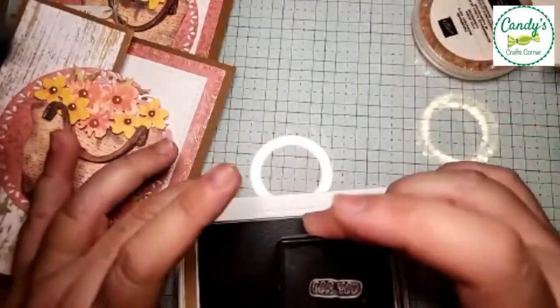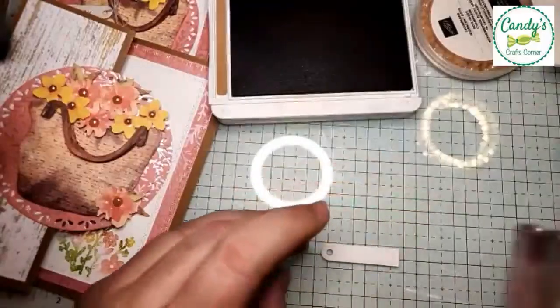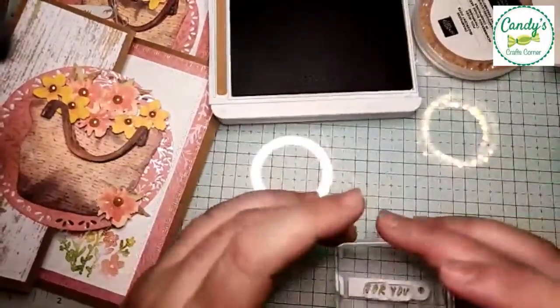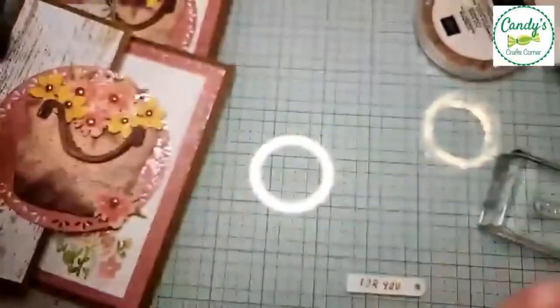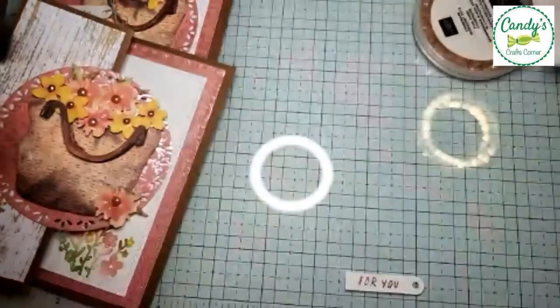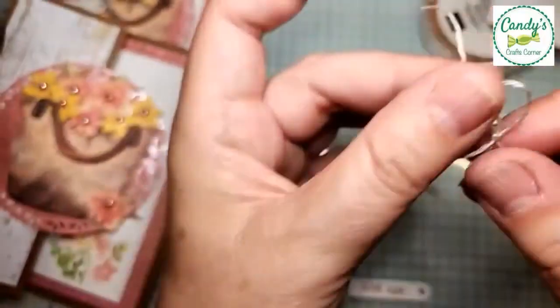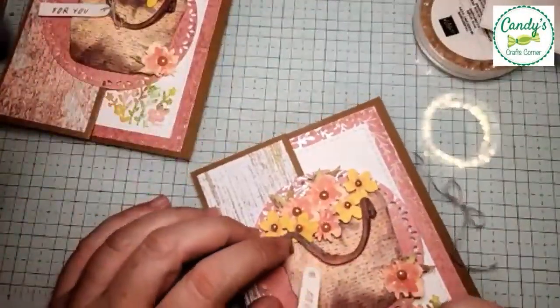I love these champagne pearls. At the beginning, I didn't like them because they're a little bit of a pain in the neck to glue. But they're so shiny and you can use so many because you have so many. I'm very stingy with the embellishments. I usually only use 3 or something, but with these ones,